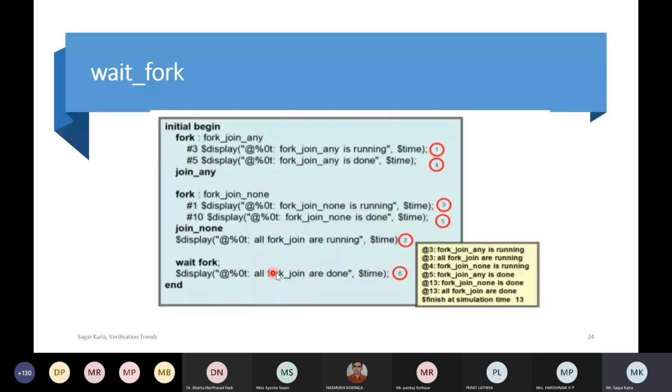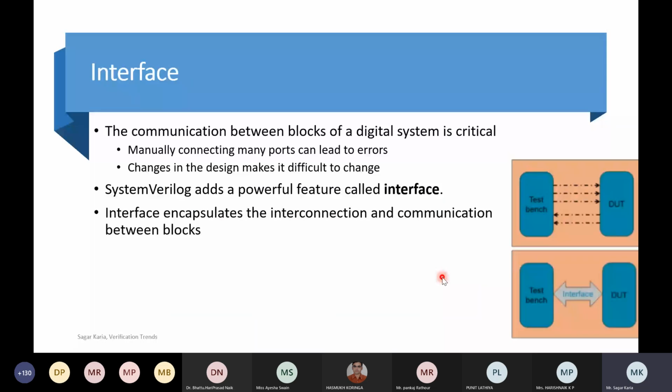Okay. So now this might be interesting for a lot of people. So as you can see, this is my DUT, written in RTL or Verilog, and this is my test bench, which is written in SystemVerilog. Now I want to communicate between them. In Verilog, what you do is you instantiate some of the DUT signals within the test bench and start connecting them. SystemVerilog provides a beautiful and powerful feature called interface,